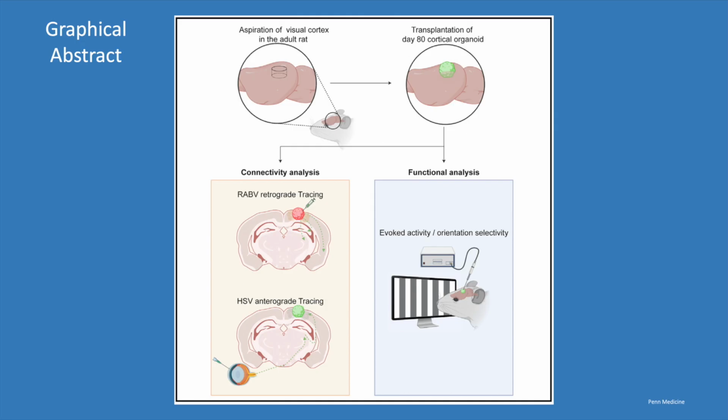The graphical abstract provides a good project overview as well as visual representation of the 3 highlights we just mentioned. In this project, an aspiration cavity is made in the visual cortex of rat brains. An 80-day-old cortical organoid is then immediately transplanted and allowed to integrate with the rat brain for a set period of time, after which the animal is sacrificed and the brain tissue is analyzed for connectivity or structure and function. Connectivity explores both anterograde and retrograde connections from the organoid, while function explores evoked activity and orientation selectivity of organoid